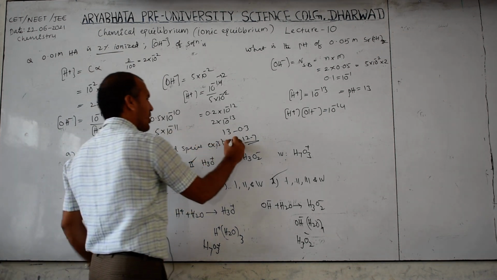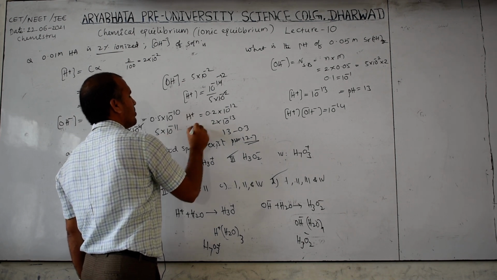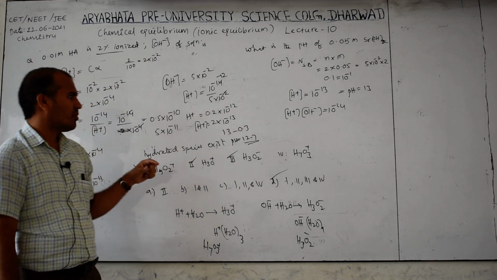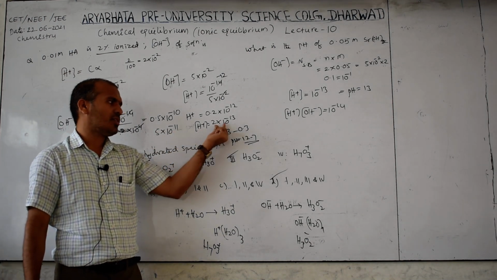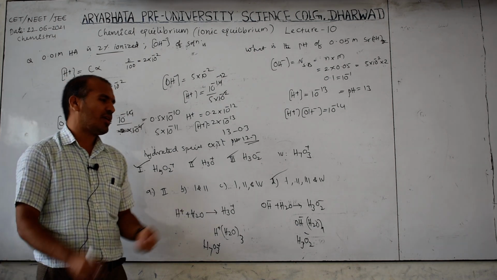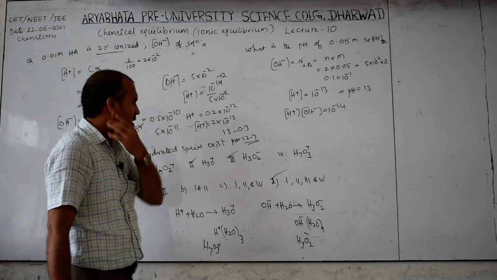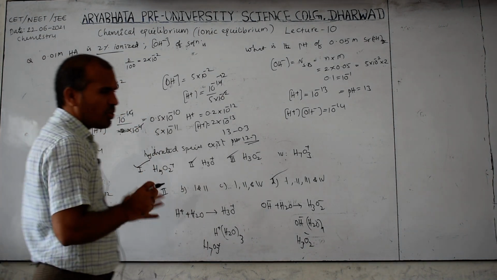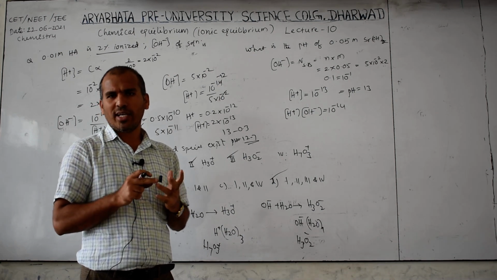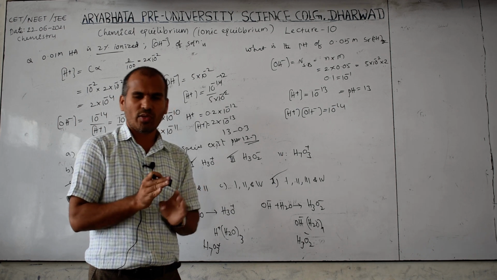This is pH, what I am writing here, because you know that this is the H plus ion concentration. Apply negative logarithm, then pH is the negative logarithm of 2 into 10 power minus 13, and you will get 12.7 also, but that is the wrong answer. So this calculation is very, very important. And now you know how to calculate the pH, and weak acid pH also, and when acid and base are combined also.